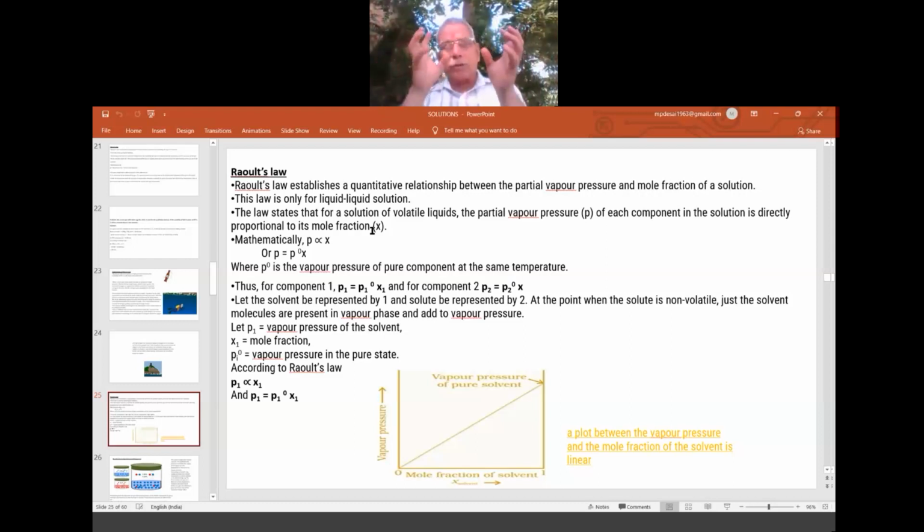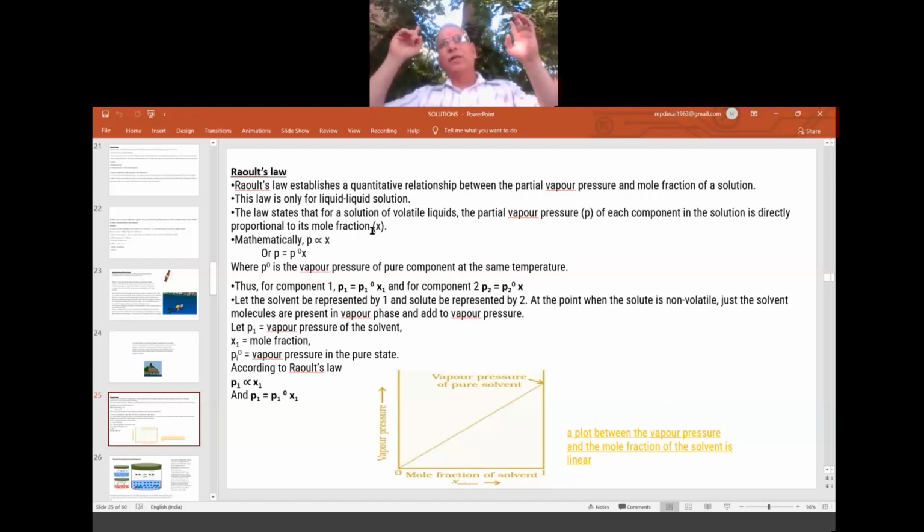You do this by taking different variations: 10 ml water and 100 ml petrol or alcohol, or 100 ml water and 10 ml petrol. By changing the concentration, you will come to know that the more the mole fraction, the more the amount of a particular liquid in the liquid combination, the more is the vapor pressure on the top. That is Raoult's law, exactly similar to Henry's law. Henry's law and Raoult's law are both the same.